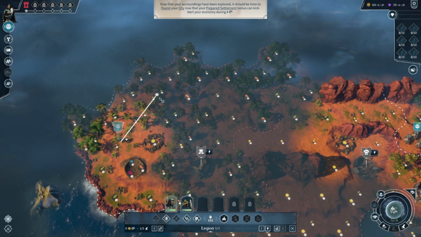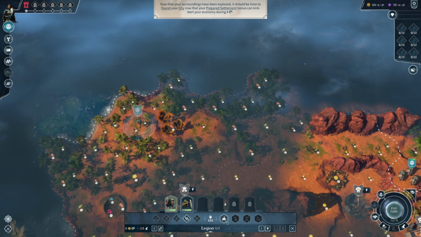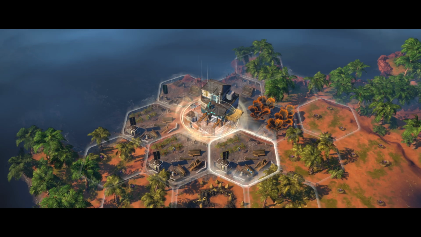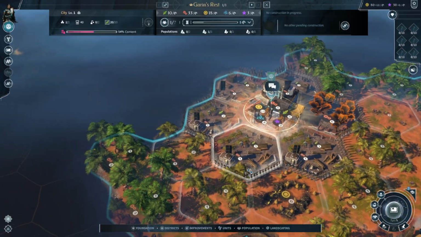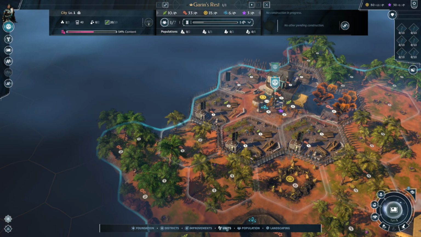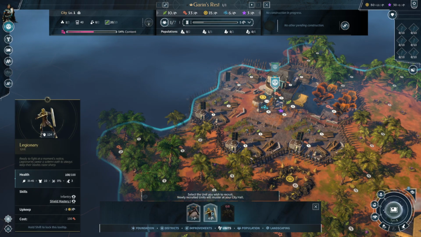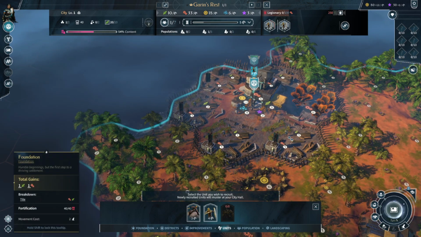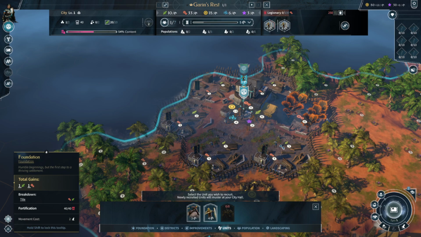Okay, that was strange. I'm pretty sure I told it to go up there and there we go. It's a bit better. All right, we've got 33 industry already. I'm going to use that to build up a couple more troops, and then I'm going to build my first